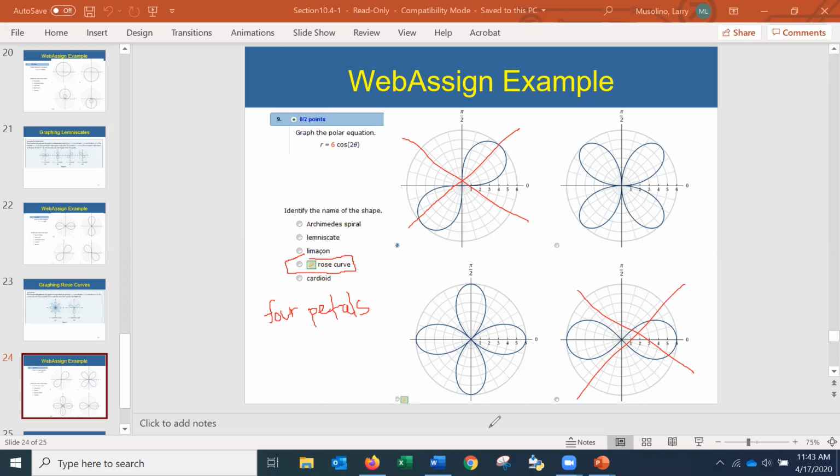But how do I know now whether to answer in the upper right-hand corner or the lower left? How am I going to figure out which one of those 2 graphs is the correct choice? Anyone have any ideas or thoughts about how we could decide between these two choices?